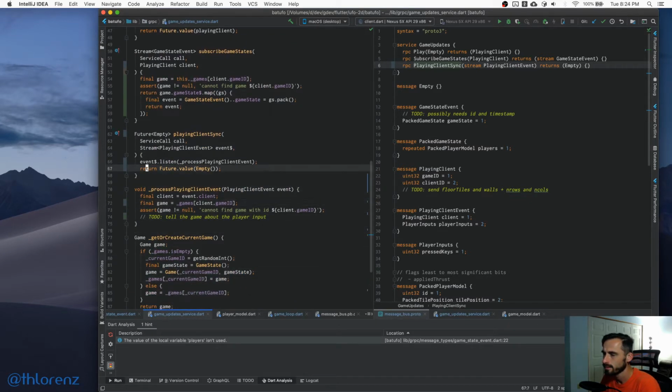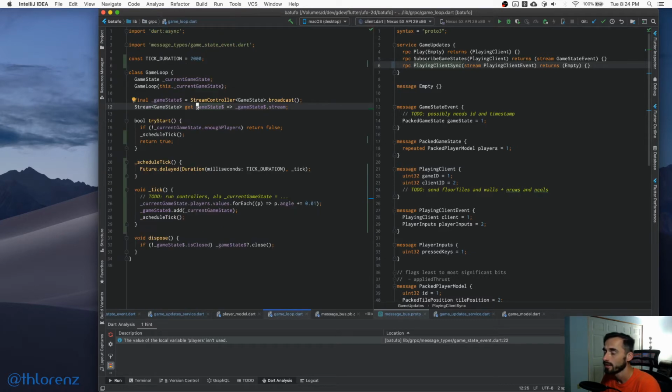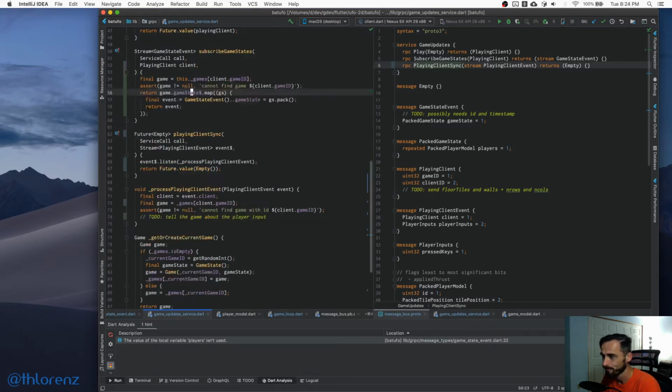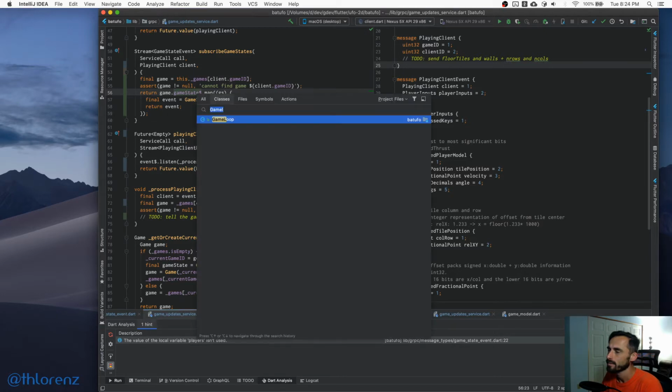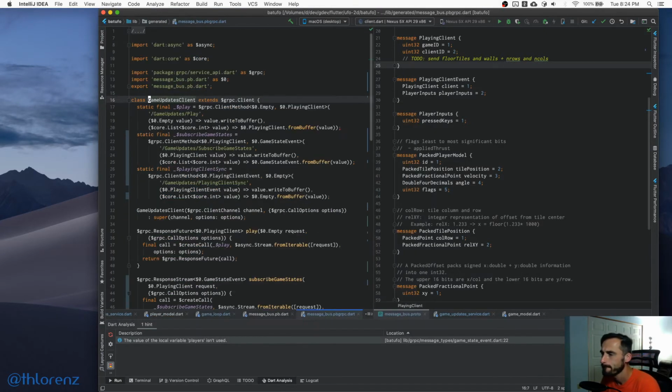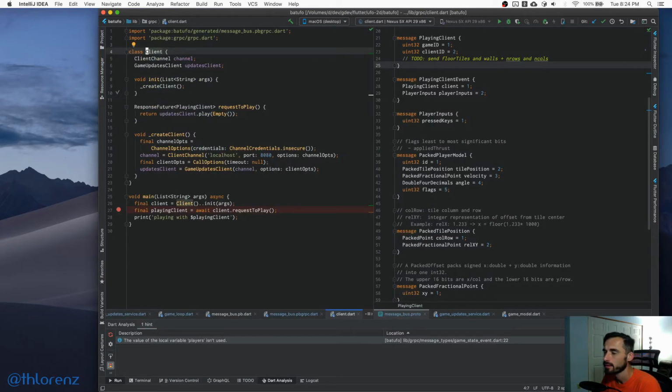So basically, we are listening to process. Sorry, this is the wrong one. This one. We're listening to game states, right? And the game states, if we follow this through, come from the game, which comes from the game loop, which is exactly this game state where we're pushing in the new game state every 2000 seconds, right? So what I'll do now is go back to the client. Not that one, I think the client itself. So here in main,